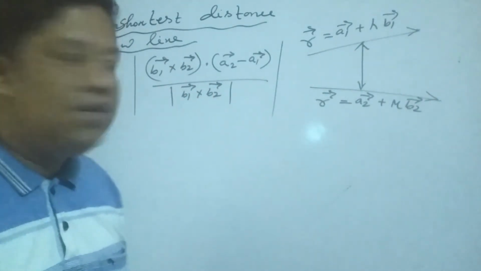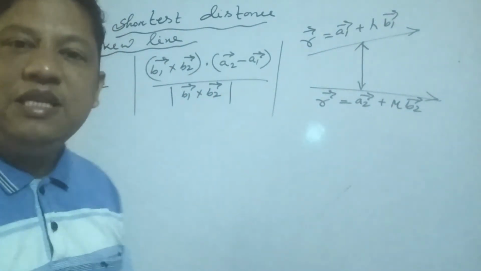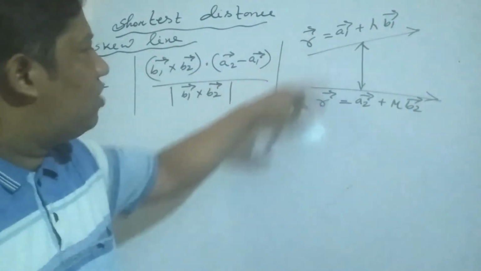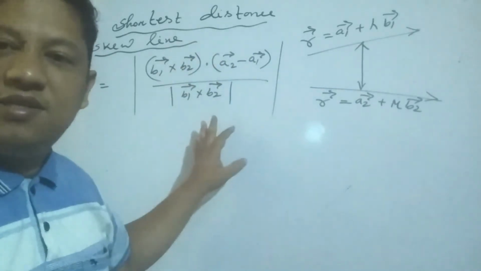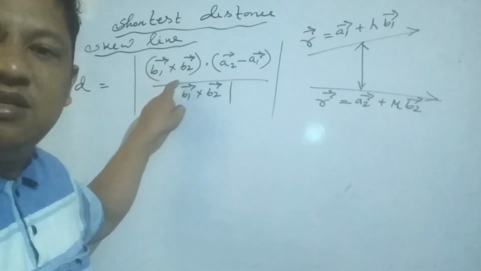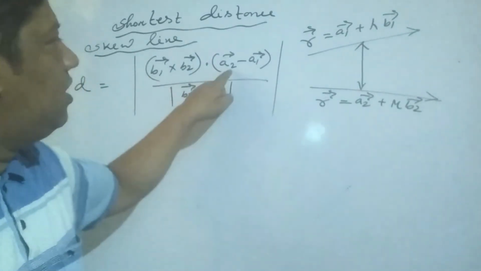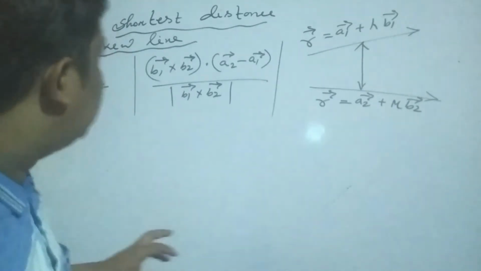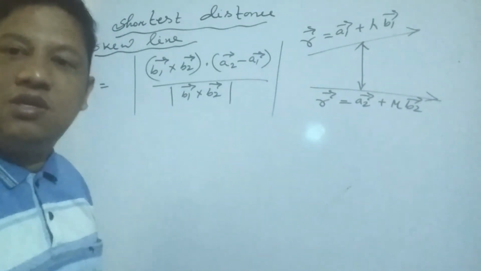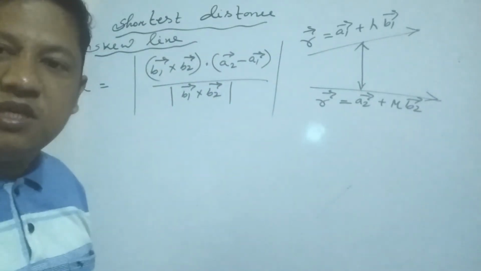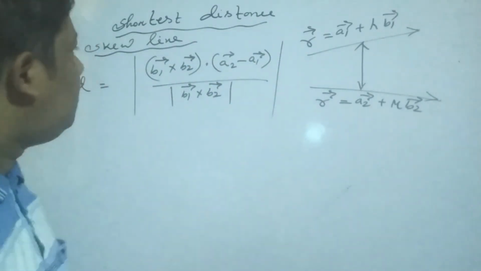Okay, my students, because it is a skew line, the distance between the two lines is given by this equation. At first, you have to find the cross product of the direction ratio vectors, and this is the point, and it is the magnitude. And the distance can never be negative. That is why you write it inside the determinant or magnitude.